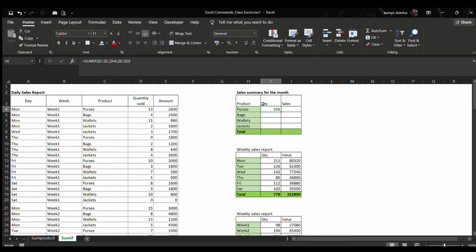Now again, you can do the same process by selecting the range and all that, or else, as I told you previously, just select the small green square and then drag it. While dragging, it is really important that if we are putting in a formula and we need the formula to stay the same for all the other criteria, all the other categories, the formula should be fixed in a certain manner.